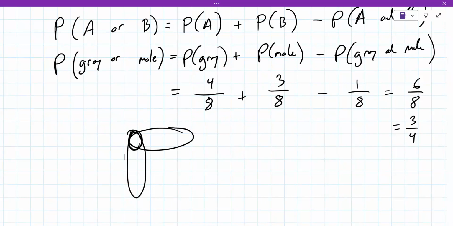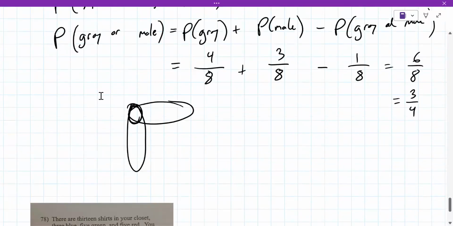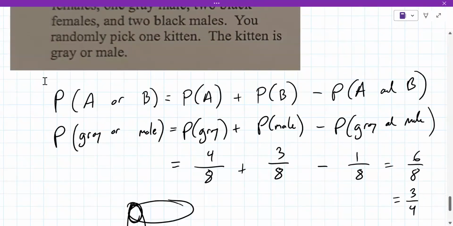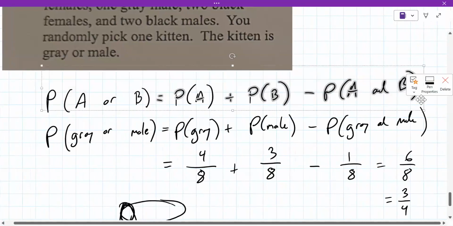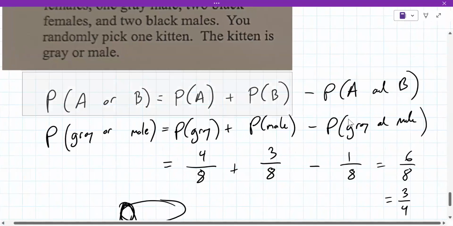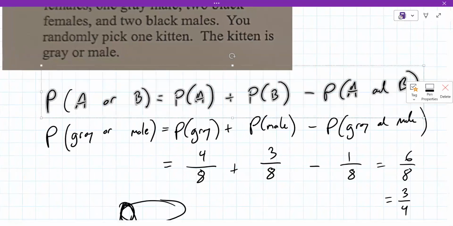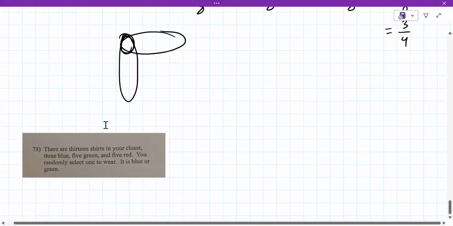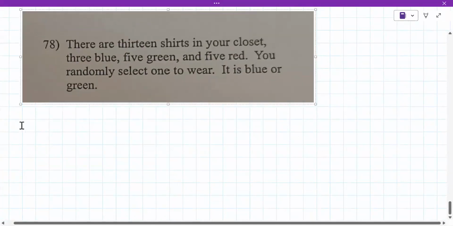All right, ready to move on to 78? Yes. Okay, so this is going to be very similar. As I should have said up here, this formula is good to write each time, the A or B business, but you really want to replace it with the letters or the words of what you're doing. So like in this problem here,